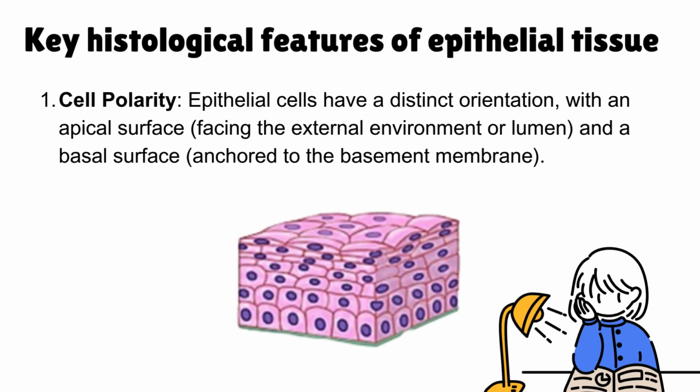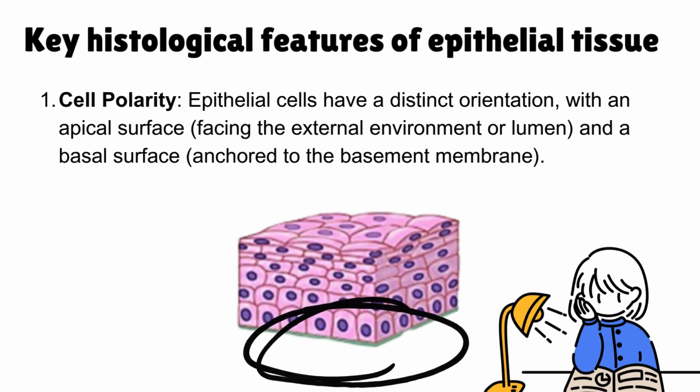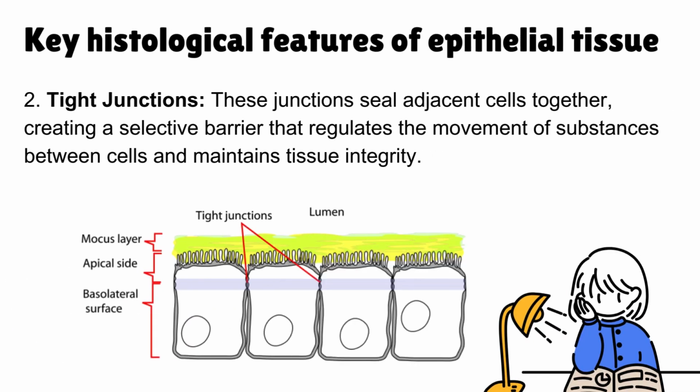It exhibits cell polarity, meaning that epithelial cells have a distinct orientation. The apical surface faces the external environment or a lumen, while the basal surface is anchored to the basement membrane. It contains tight junctions, which seal adjacent cells together to form a selective barrier that regulates the movement of substances